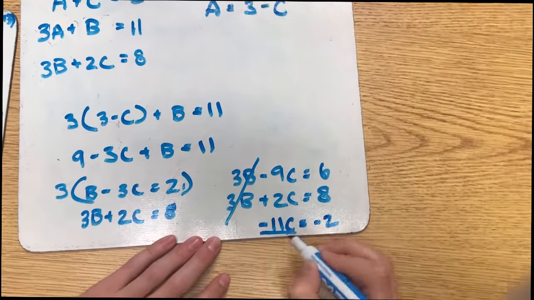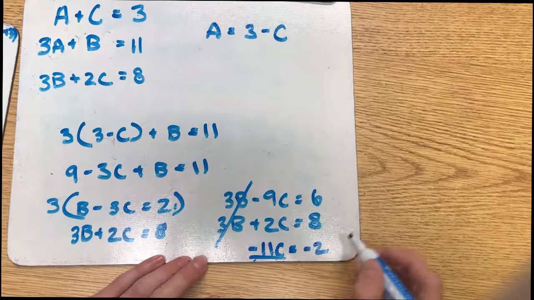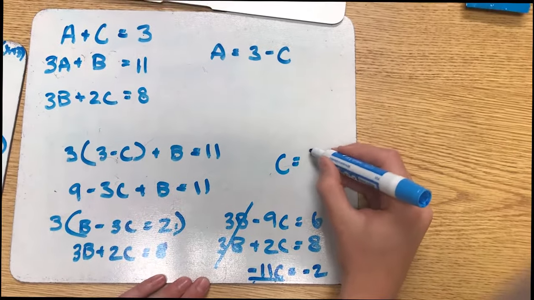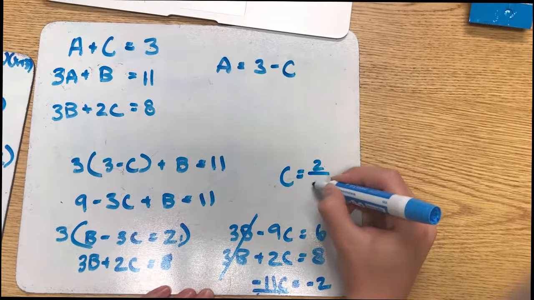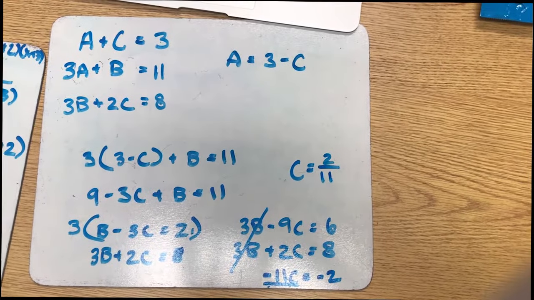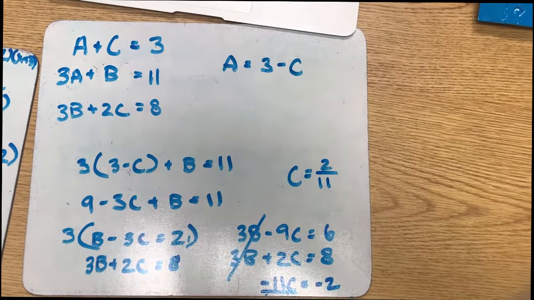After that, we are going to divide negative 11c by negative 11, and we're going to divide negative 2 by negative 11, leaving c equal to